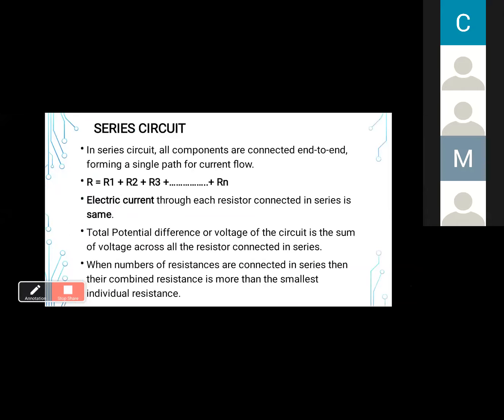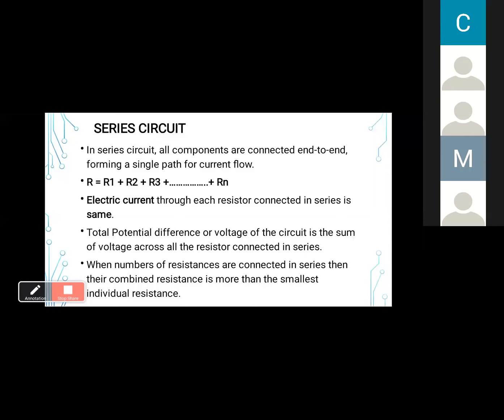So we'll start from session 3. First we'll revise that previous session where we discussed the series circuit. I'm not doing the derivation here. Derivations of series and parallel are very important, so I request you to please do those derivations in your notebooks again: the series circuit derivation of resistance calculation and the parallel circuit derivation for resistance calculation. Derivation is really important, so please do it again by yourself.